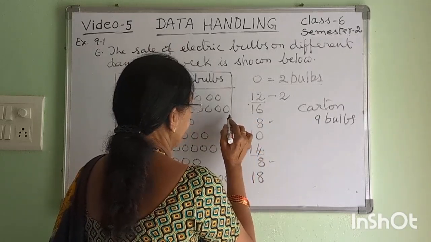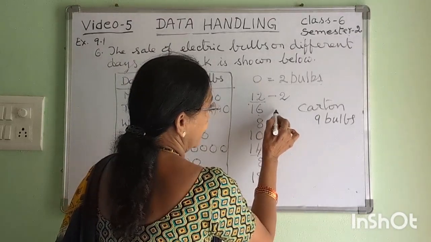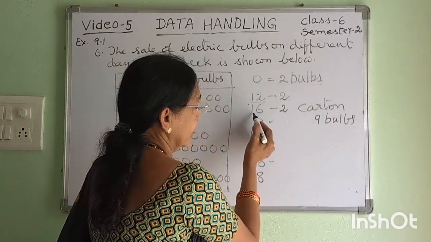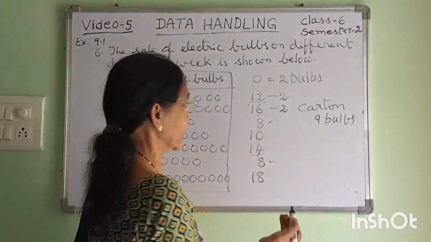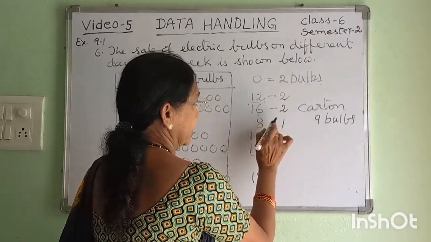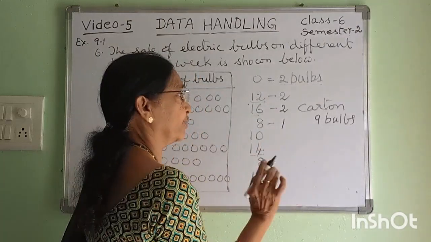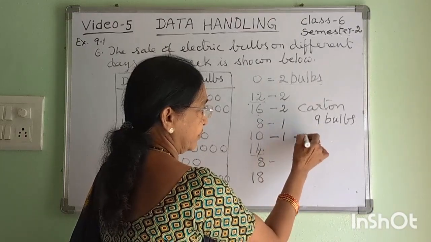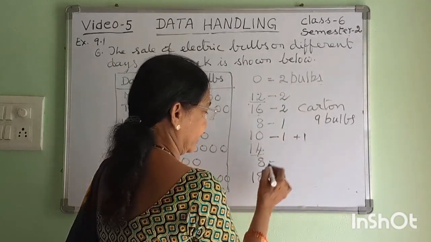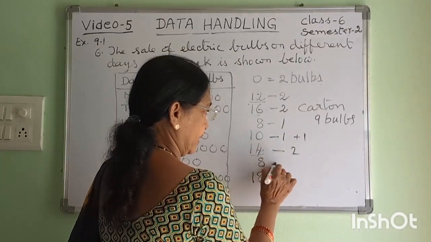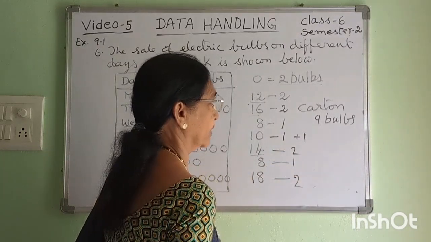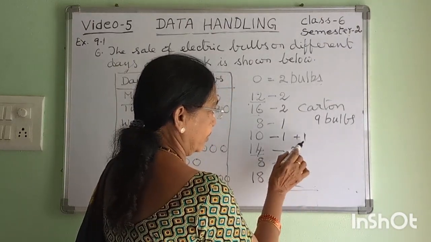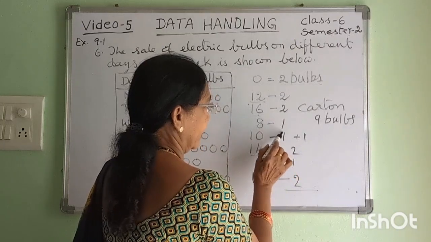On this day, 16. So here also 2 cartons are needed, because for 9 bulbs, 1, and the extra 7 bulbs also need 1 carton. Here also we need 1 carton. Even if it is less than 9, that day we have to give 1 carton. And here 2 cartons, 1 carton for 9 bulbs plus 1 bulb extra. So 2 cartons were needed. Here also 2 cartons. Here 1 carton, here 2 cartons exactly. So the total number of cartons needed is 2 plus 1 plus 2, 5, 5 plus 2, 7, 8, 9, 10,